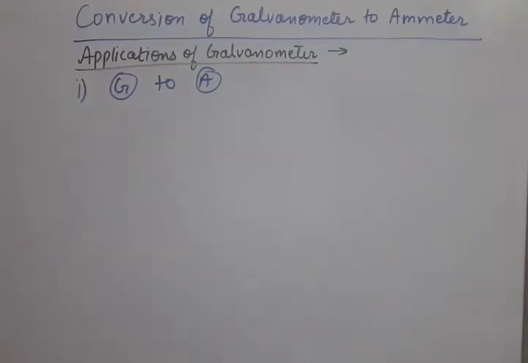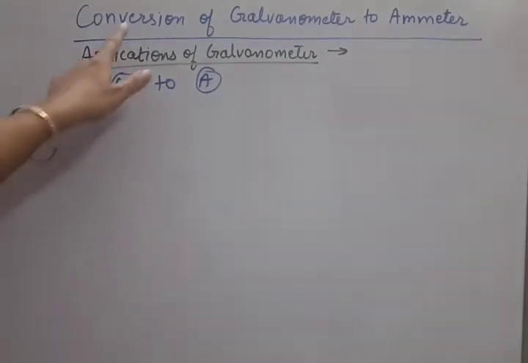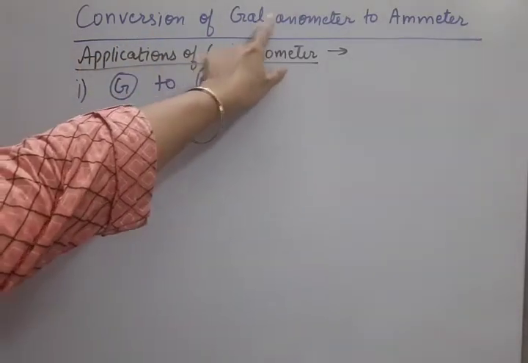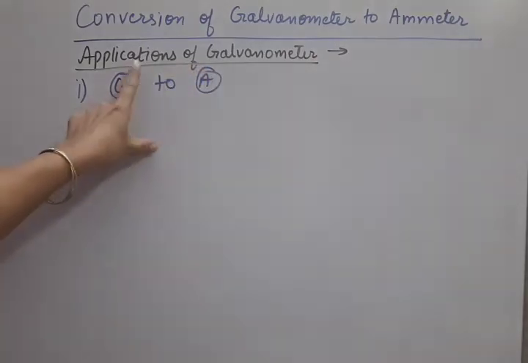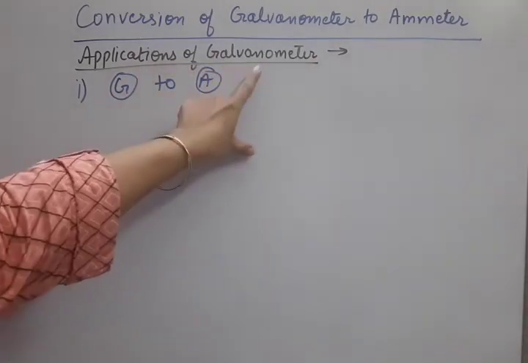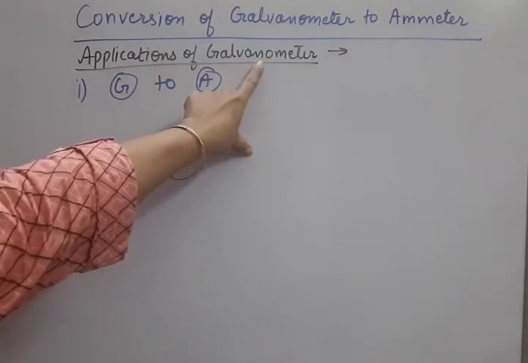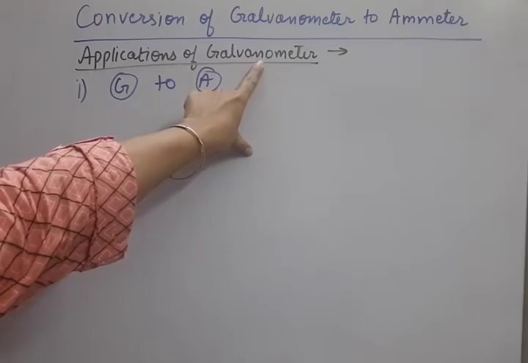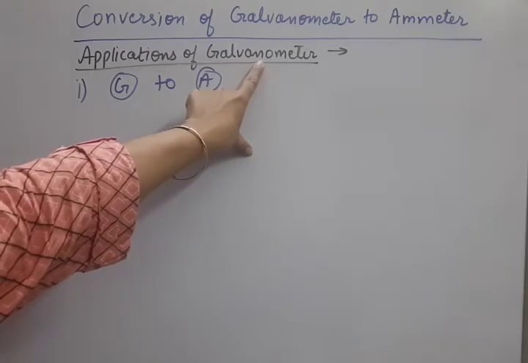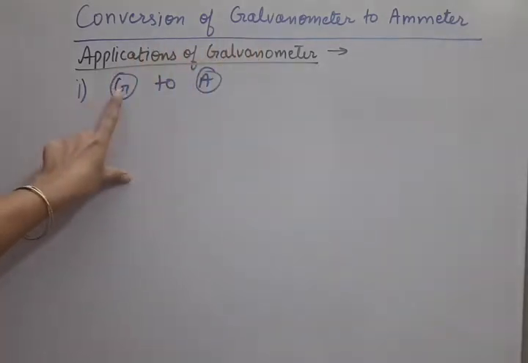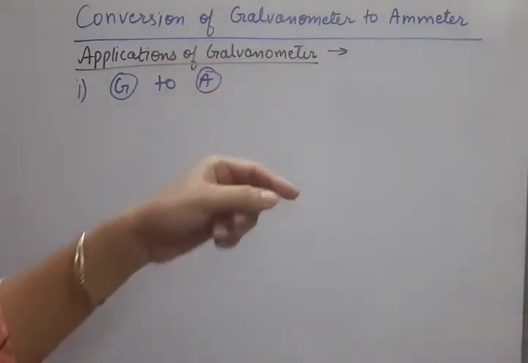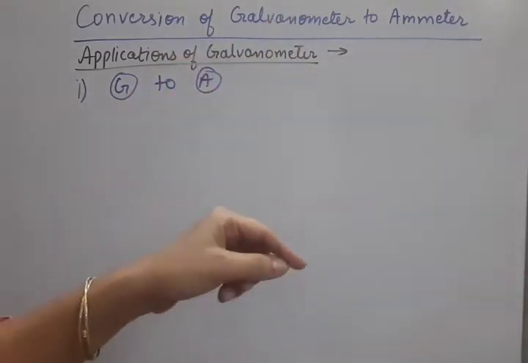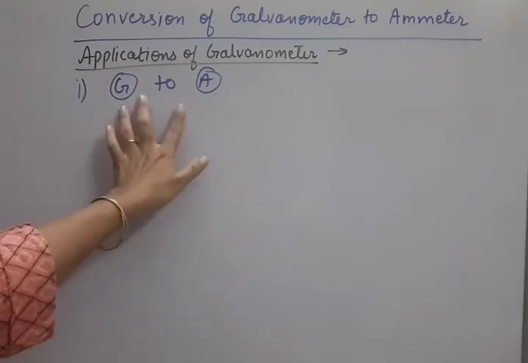Hello students, our today's heading is conversion of galvanometer to ammeter and voltmeter. The meaning is same if we say that we are studying the applications of galvanometer. So under the applications we study the conversions only. So we have to focus on two things: conversion of galvanometer to ammeter and next conversion of galvanometer to voltmeter. Now let us start this first heading.